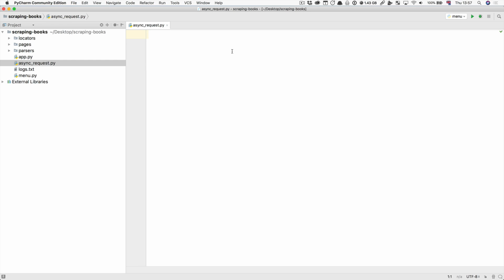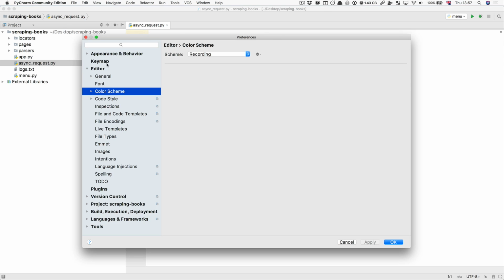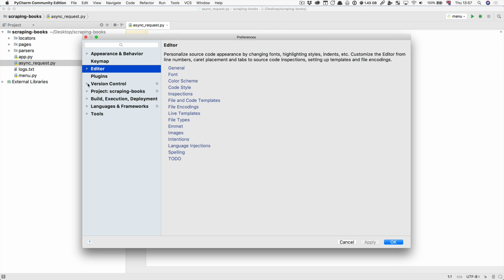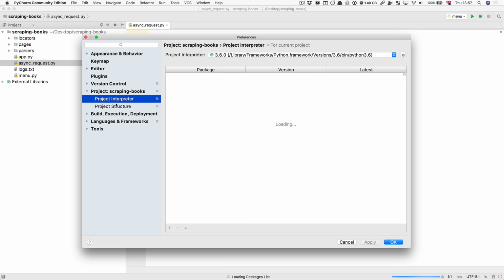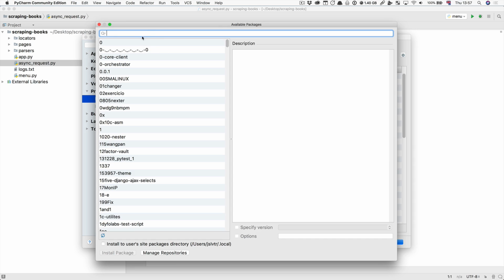So in order to make our first web request, the first thing we need to do is, of course, to install AIOHTTP. Now, soon we're going to look at how to handle dependencies in Python projects a bit better. But for now, we're going to stick with installing things directly in PyCharm by going over to our project interpreter, and there with the plus installing